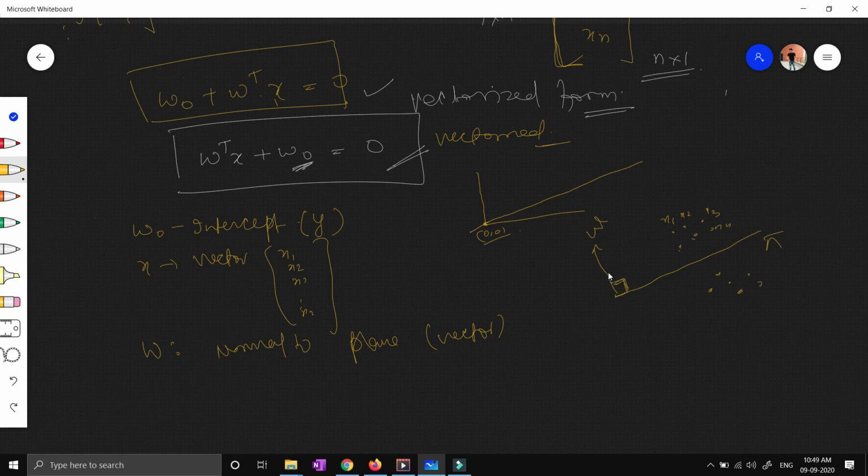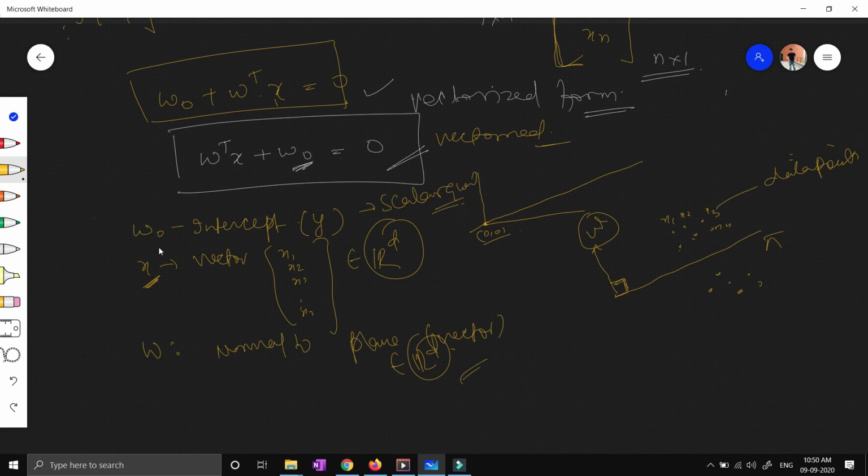Always remember, when we look at the vectorized form, we have to look at the geometric intuition like this. W is a vector which is normal to the plane pi, and x1, x2, x3, all these, or you can say X, are the vector of data points, right? X belongs to R dimensions, W also belongs to R dimensions, where W0 is a scalar quantity. Always remember, it's a scalar one.